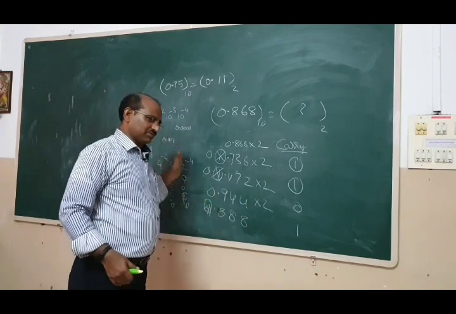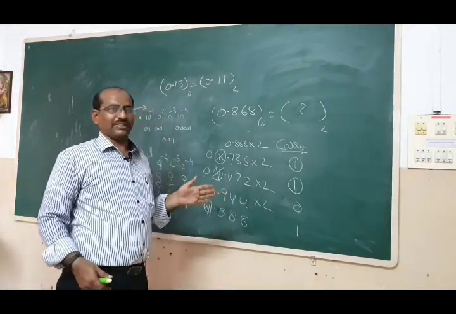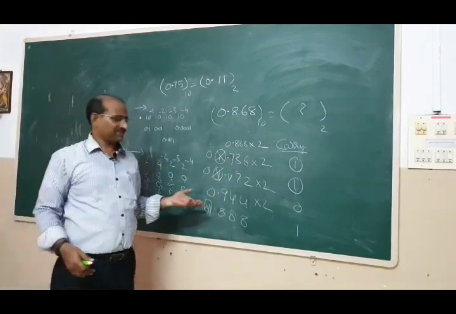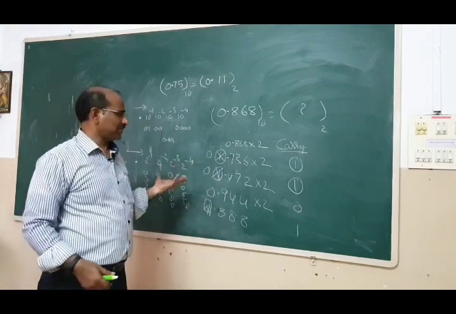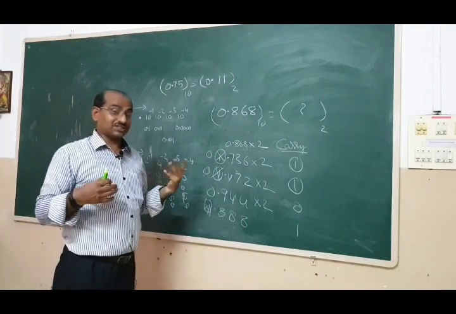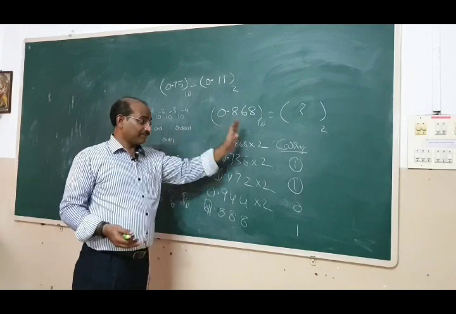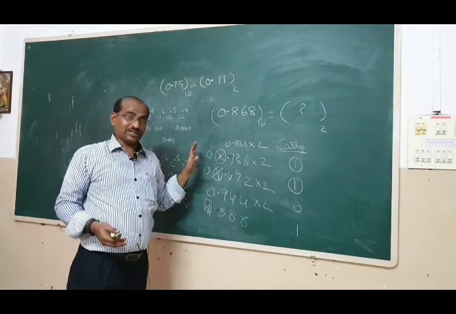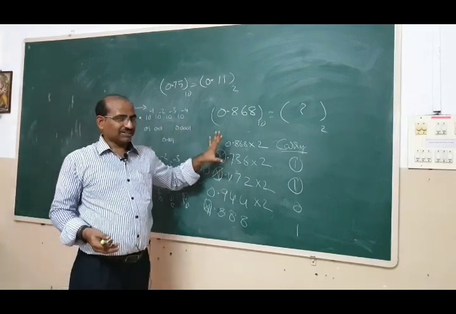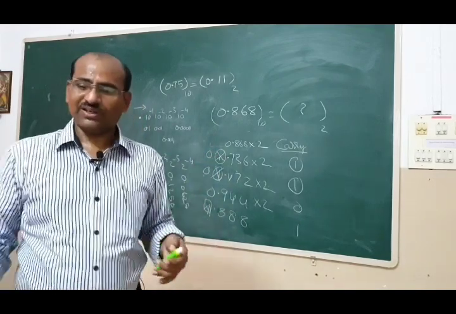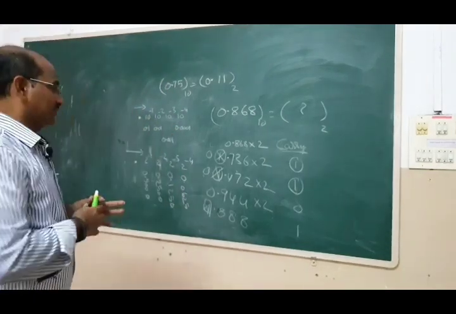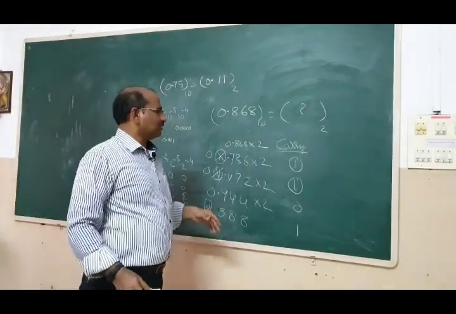Don't go on doing this thing. Nobody will expect you to write beyond 4 or 5 significant bits. Anyway, it may be for 2 marks, 2 sums you will get for 5 marks here, if they want to ask a question regarding binary problems only. Very rarely you will get all these things in examination. Generally in examination we will get in digital electronics the half adder or full adder or the Boolean algebra problems and NOT gates. We will see later. Okay. Now how to write this number here?